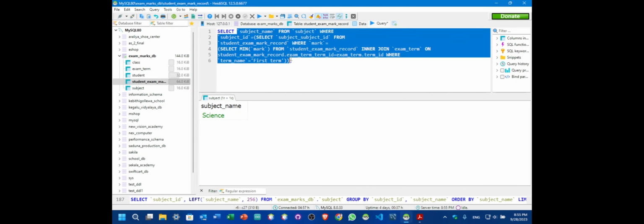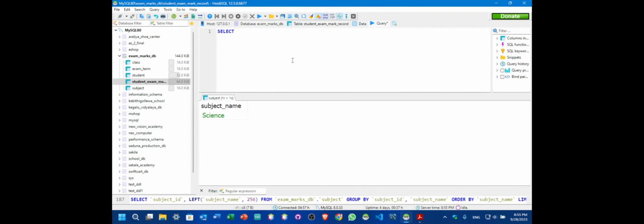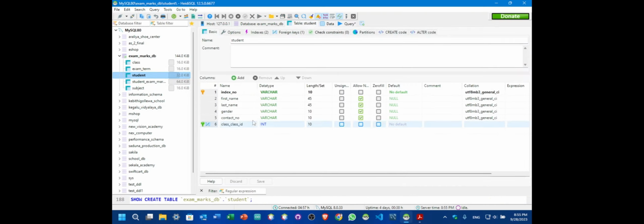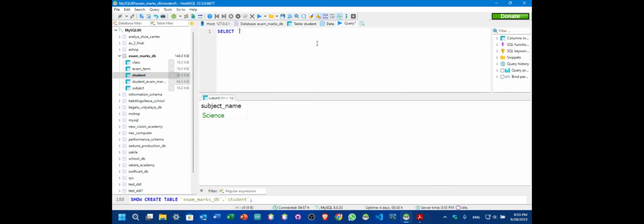So we can select the student's first name and last name both. We can move to the student table. Student first name,